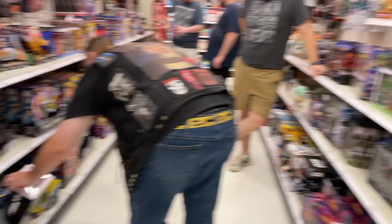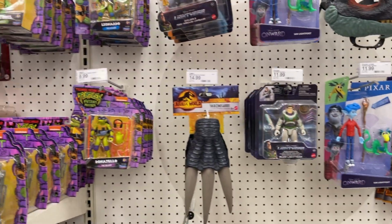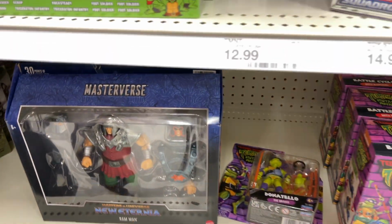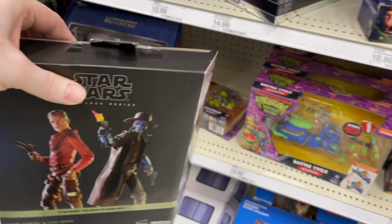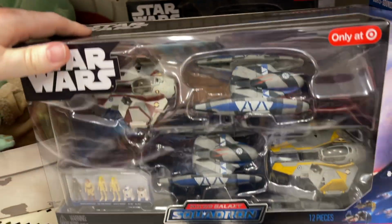All right, spinning around. We got some, looks like new dinos right here. Some Ninja Turtle stuff. Oh, we got a Ram Man for our Masterverse. We've got our Star Wars Black Series 2-pack here with Cobb Vanth and Cad Bane. Excuse me, gentlemen, I'm going to cut in. We have our AT-AT right there and our Target exclusive